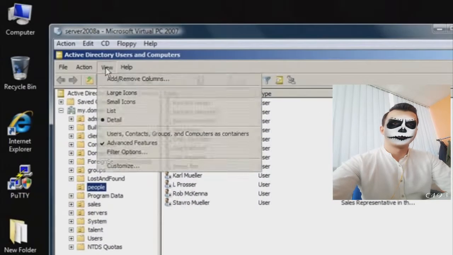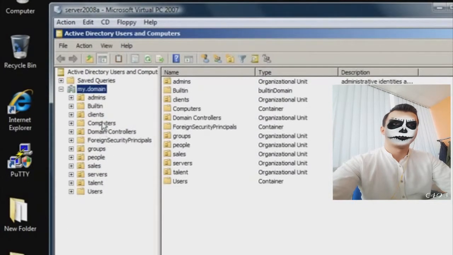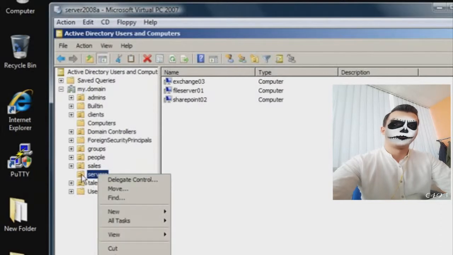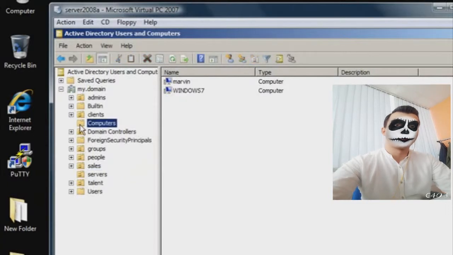The reason why it's important is because if you join a computer to the domain, it's going to go into the wrong container in Active Directory. If you do, it's going to wind up by default going into the computers container, but you may want it to go into a different container, such as this